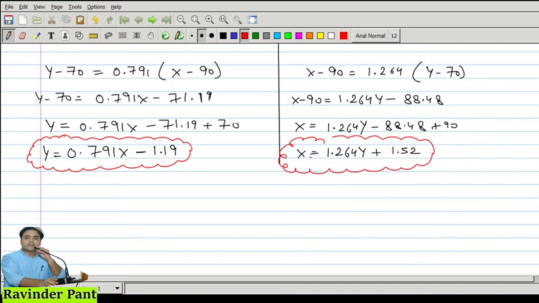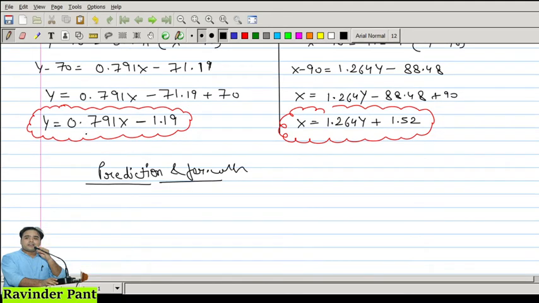x on y means this x is a dependent variable which depends on y. So if this y gets changed, this x will change by this expression. And we studied in the start of this session, linear regression, that this is a tool for prediction and forecasting. So if I ask you that now you have this regression line with you based on the relationships between